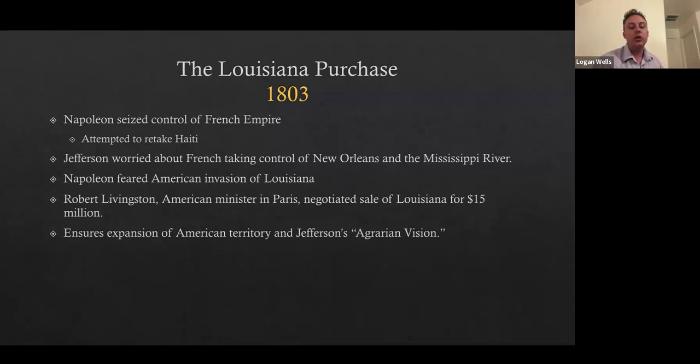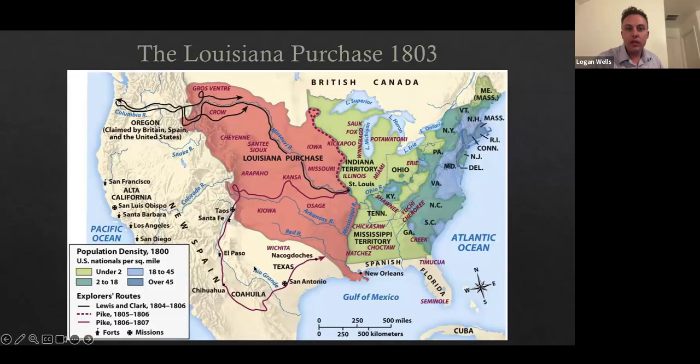And so you see this ensures the expansion of American territory. It's also part of Jefferson's continuing agrarian vision, right? Opening more land for farmers to claim this land and to be able to move west, right? So all this happens in 1803 during Jefferson's first term. Now, if you look at this map here, right,